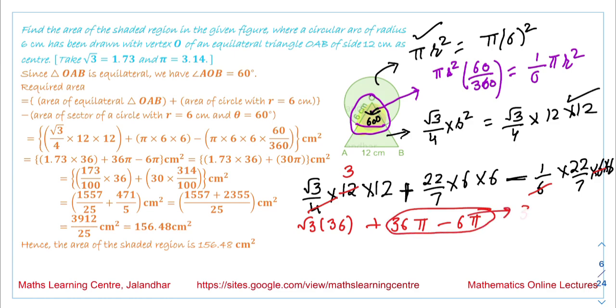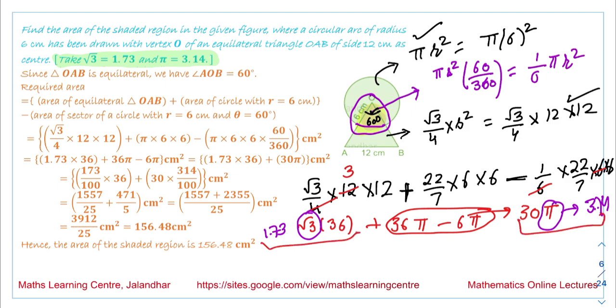These two values will give us 30 pi. We will substitute the value of root 3 as 1.73 and the value of pi as 3.14, because these two values are given in this question, and on multiplying these terms, you will obtain the final answer as